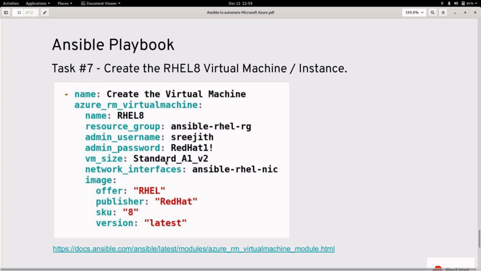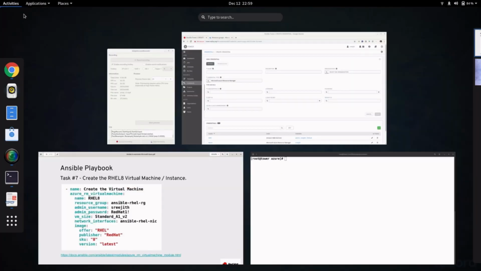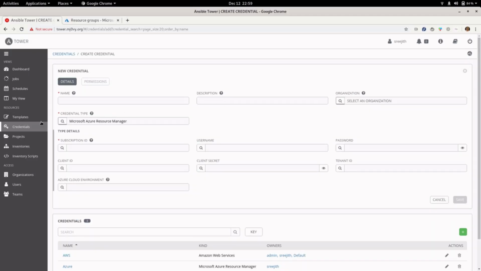The VM size we use is Standard A1 v2, and I am using the resource group Ansible RHEL RG to create this RHEL 8 instance, and the network interface which I use is Ansible RHEL NIC, which contains the subnet, the security group, and the public IPv4 address. So let's go and provision the instance.